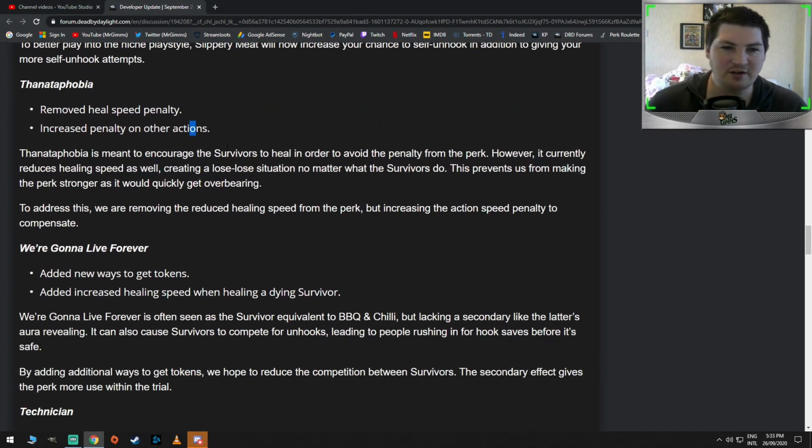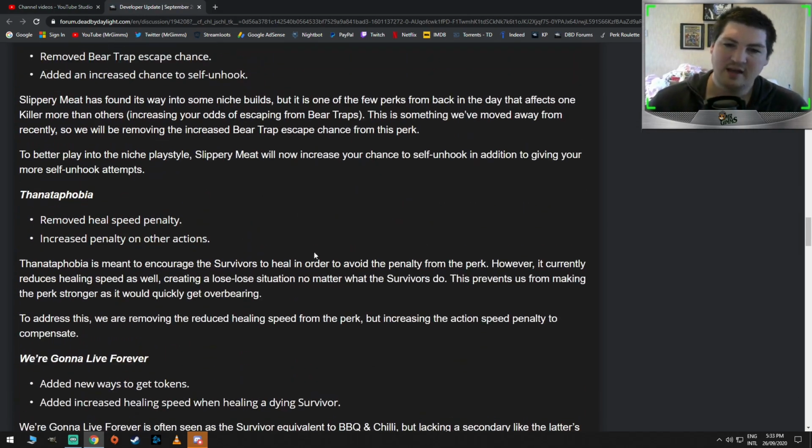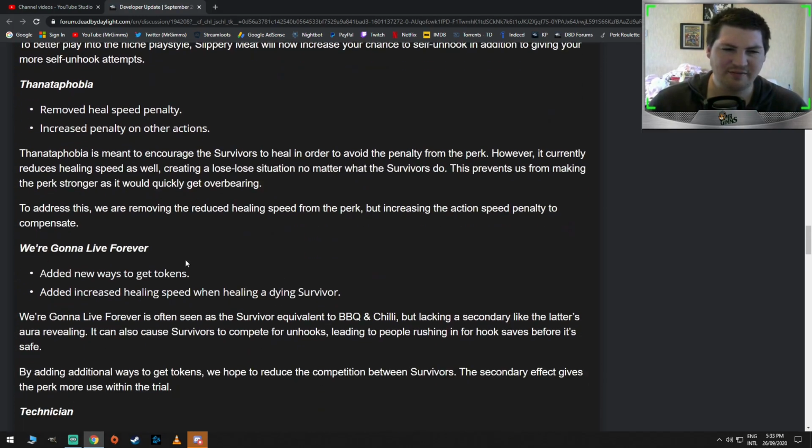Thanatophobia is meant to encourage the survivors to heal in order to avoid the penalty from the perk. However, it currently reduces healing speed as well, creating a lose-lose situation no matter what the survivors do. Survivors are never in a lose-lose situation, guys. Jesus Christ. I'm just being very bitter today. This prevents us from making the perk stronger, as it would quickly get overbearing. To address this...